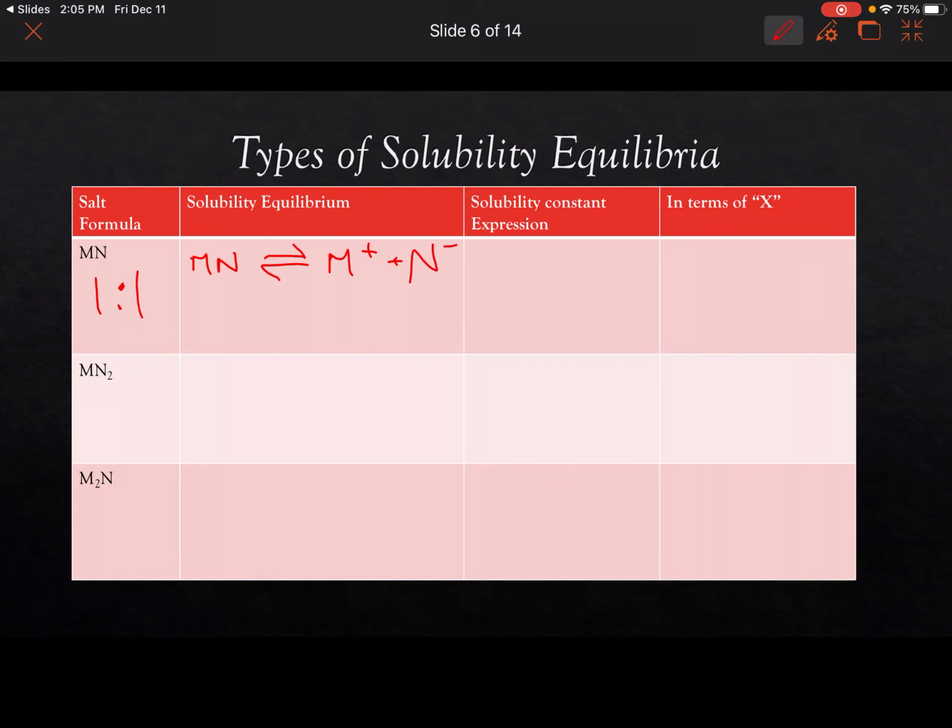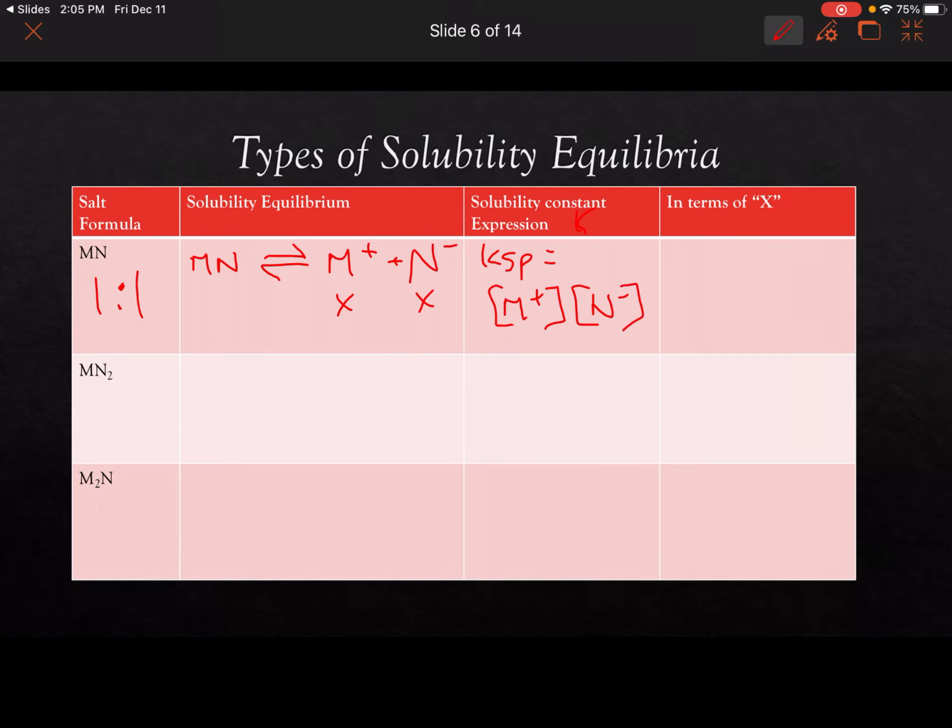Now, if we were assigning variables to this, and we're going to be doing that right away here in the lesson, this would mean that MN is breaking apart into two concentrations. The molar ratio between them is 1-to-1, so we would put an X for each of these. So the solubility constant expression here, KSP, is going to be equal to M plus multiplied